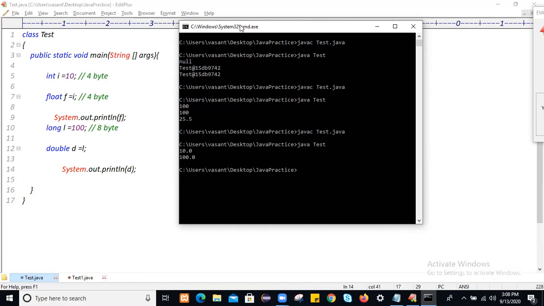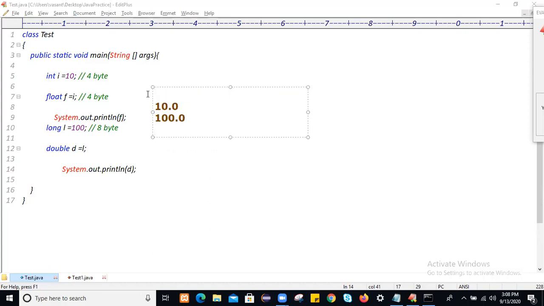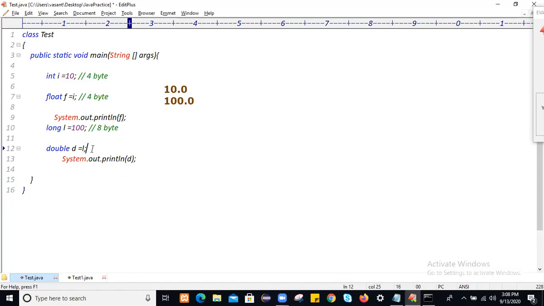Am I clear? Just write down. While conversion, if you get some extra data, then we will not get any compilation or runtime error.